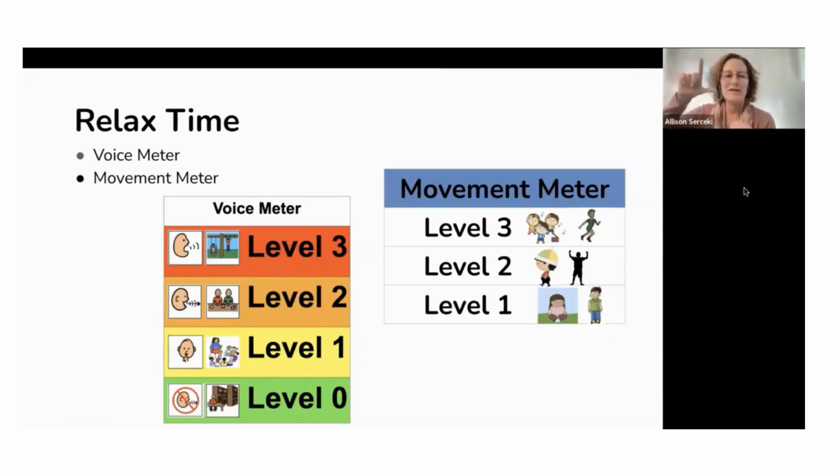But Carolyn, do you want to show them what you do with your fingers? I loved what you do. Oh, well, there's a couple of things. So, as you introduce this, you have the full support here, right? It's stating what the levels are. Many of our kids can recognize numbers. There's a picture to go with what the environment is that goes with this voice level. And then eventually I can just hold up